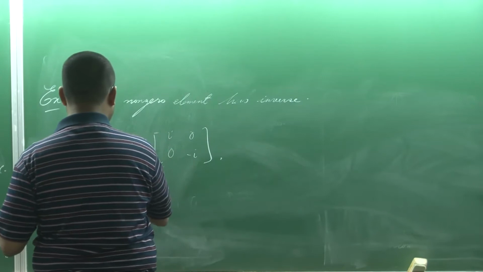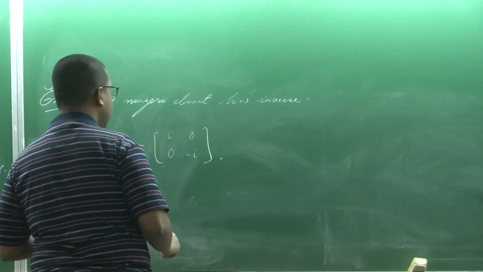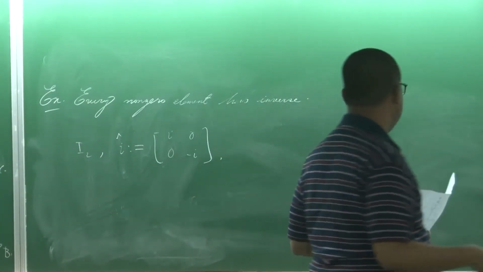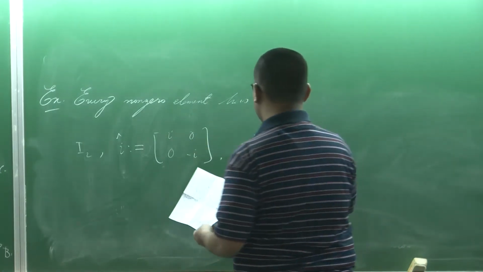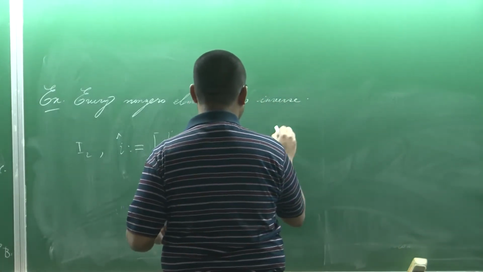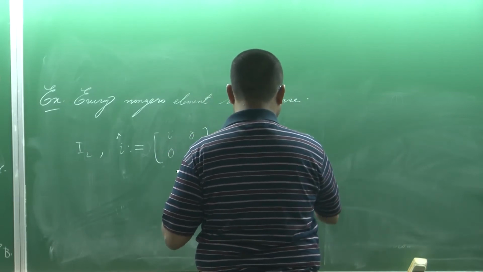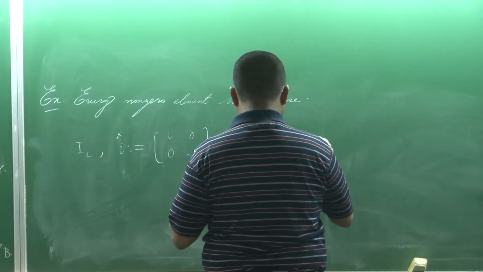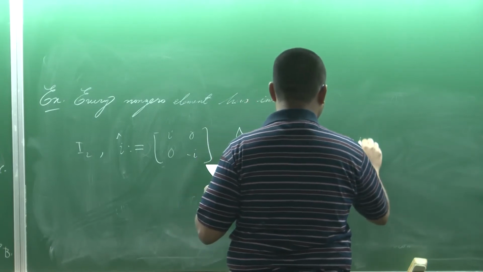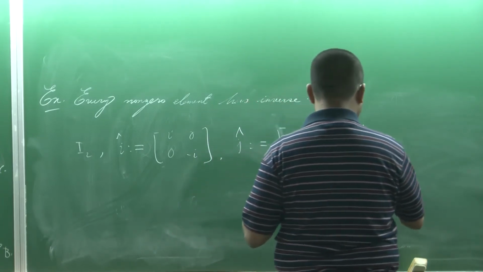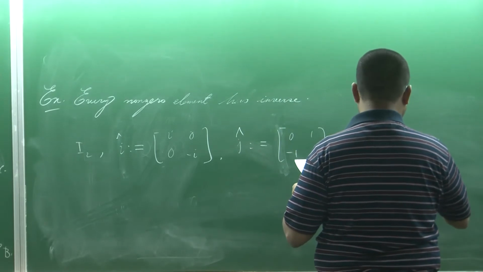Usually in the literature we even drop this hat. Similarly, define j hat by (0, minus 1; 1, 0),